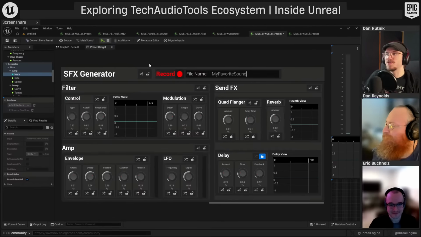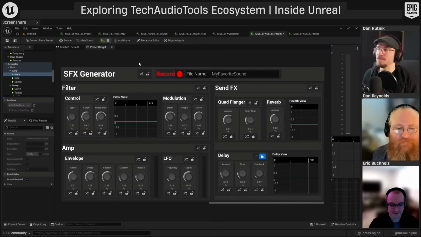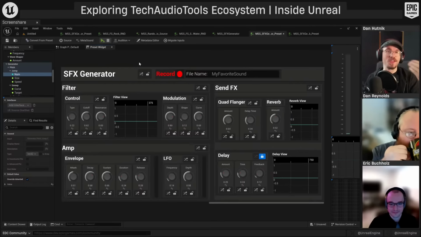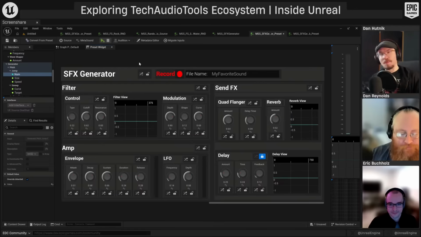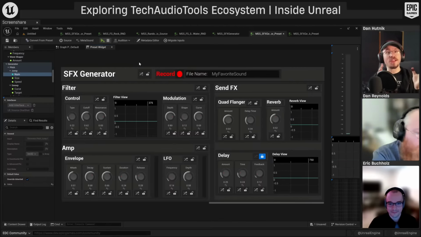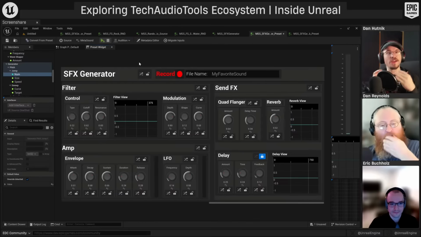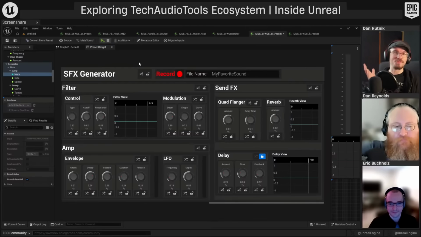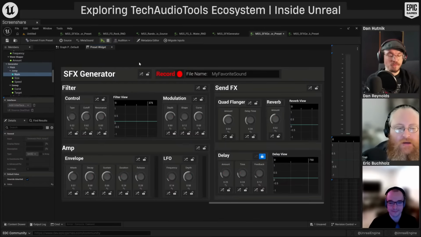So yeah, real quick before we move on, we had a question here. We've shown that we can kick these out as exported printed files. The benefit of that is you could use it outside of Unreal and stuff like that. What would be the use case within Unreal? Is this something that's performant enough that it can be run in real time without too much overhead? That's a great question. Where a lot of times maybe you'd want to kick some of these out? I assume it's based off of the complexity of the sound and how many things in the chain, but yeah,